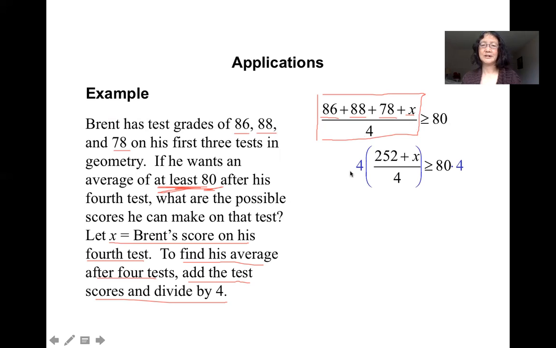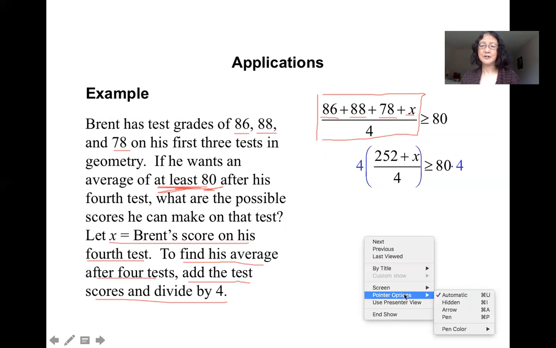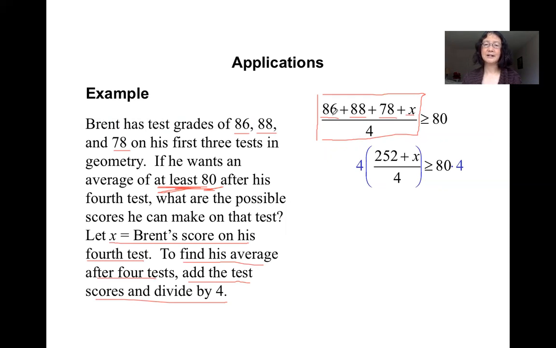inequality. Both sides we multiply by 4. But first, we need to collect like terms. Those 3 numbers added together is 252. Okay, and then both sides of the inequality, multiply by number 4. And here you have the 4 cancelled out. So the left-hand side, you only have 252 plus x